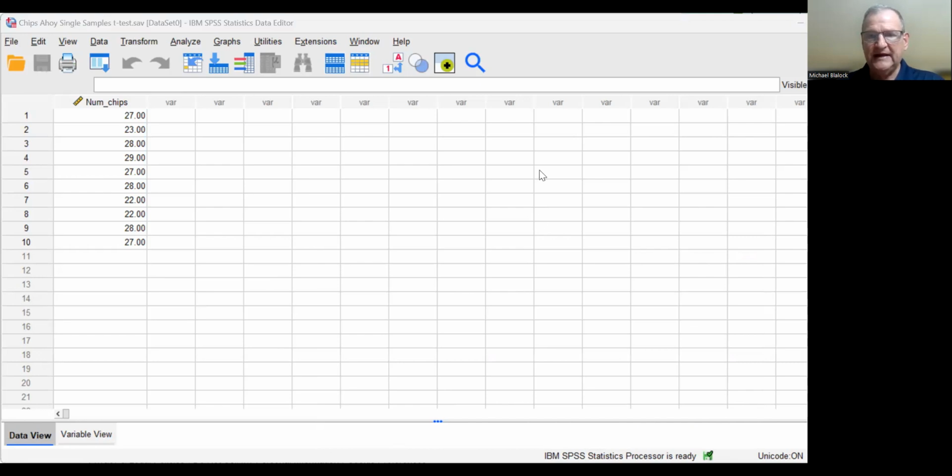And then when we do that, the output that we create gives us, since we had 10 cookies as our sample, our mean for this sample was 26.1. It shows the standard deviation and the standard error of mean. Our test value was provided as 27.78, and so we get a t of negative 1.978, degrees of freedom of 9, and we did a two-tailed test and got a value of 0.79, which is